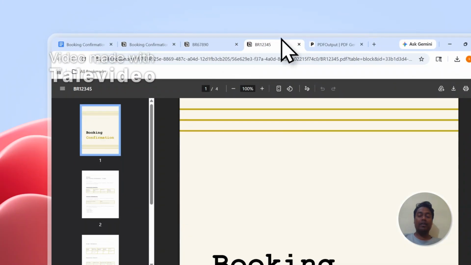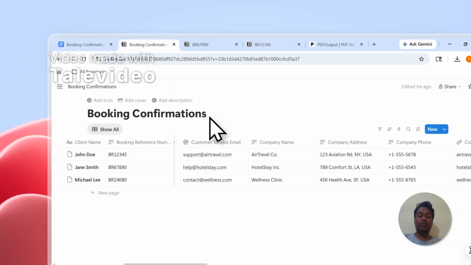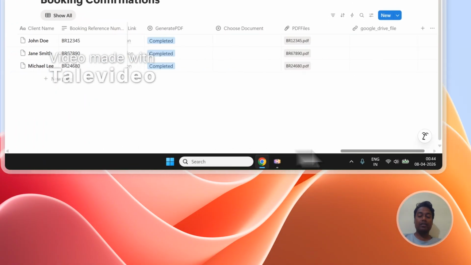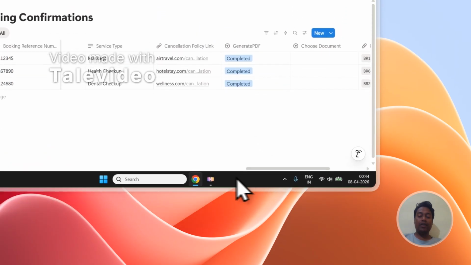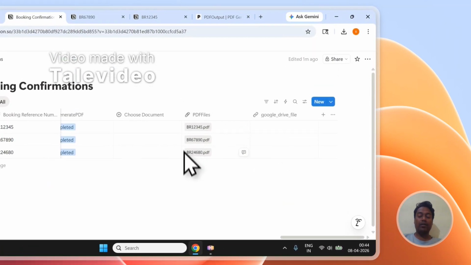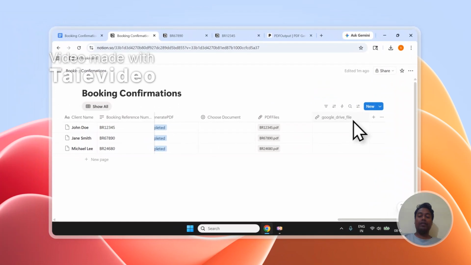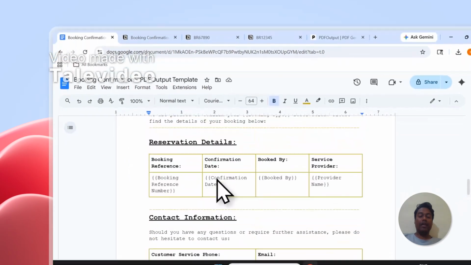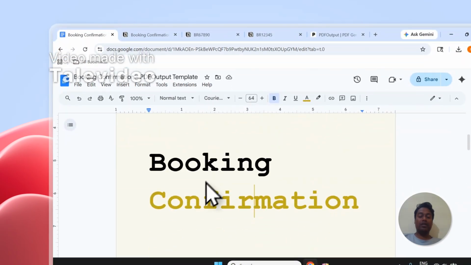But this is how you can take advantage of PDF output once you set up the automation correctly. Keep on adding more and more records and simply mark your records as ready to generate. It will be converted and stored as a PDF file right in the PDF file column. You also have an option of saving the PDFs onto the Google Drive, so you can take advantage of that as well. And this will work with any template of your choice. This is just a demonstration of booking